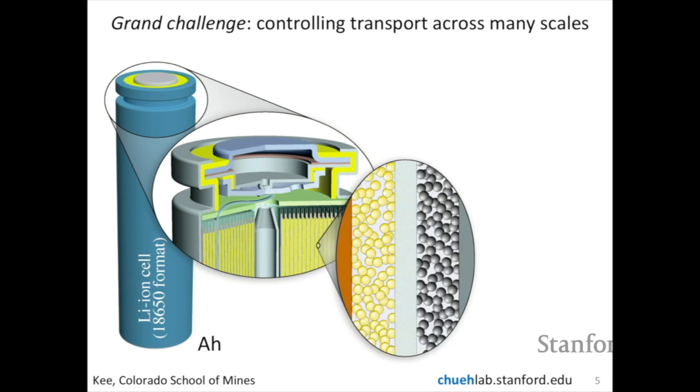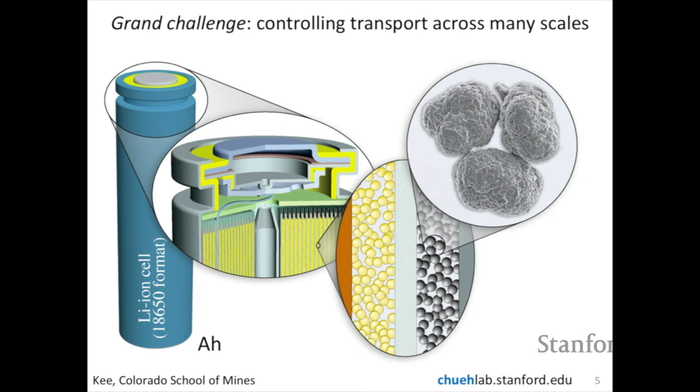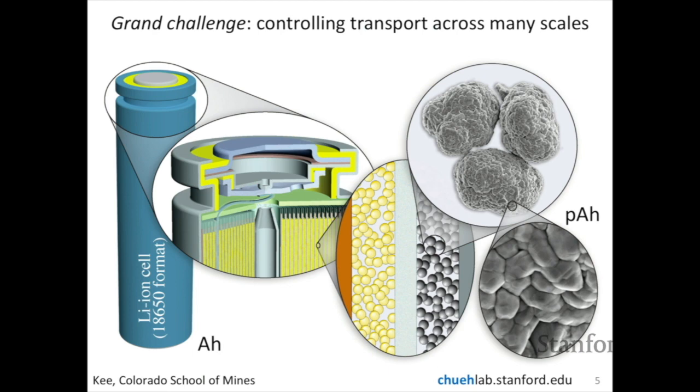If you zoom in further, you go to the porous electrode. Here individual agglomerates of particles are stacked, forming the positive and the negative electrode with the electrolyte in between. If you zoom into one of those particles, these are called agglomerates, and they themselves contain thousands of individual particles. And this goes from amp hours to picoamp hours. So here we're talking already 12 orders of magnitude in terms of the energy scale. And then we can go smaller down to the atomic scale, of course, looking at electron, redox process, ions, and